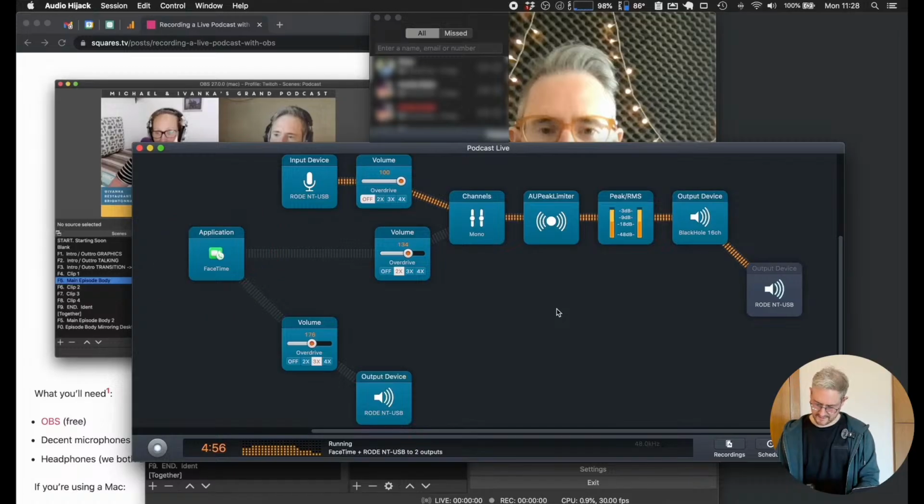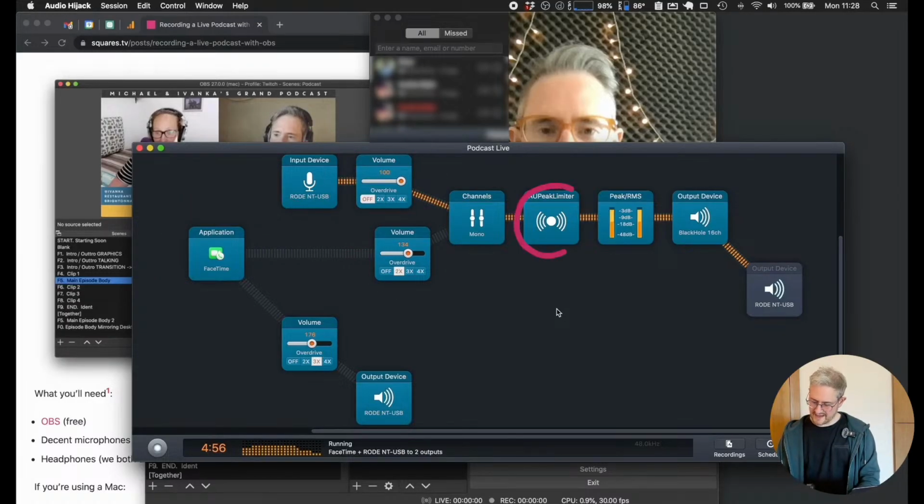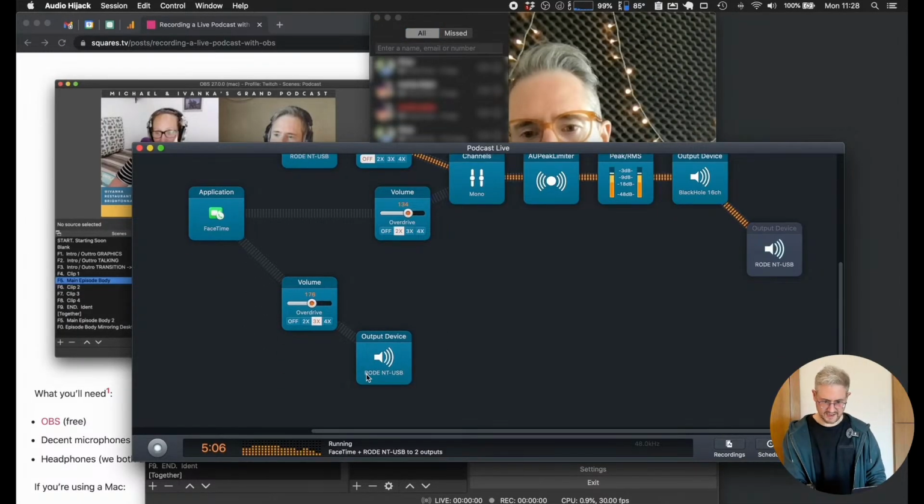Microphone also has a volume control, and then I've got this little mixer here. And then I'm putting that through just a little peak limiter thing, to stop it from getting too loud because they're mixing now. And then some rudimentary monitoring, peak RMS monitoring, and then that would go to a virtual mic cable, right? So that's going to this virtual audio cable called BlackHole, which then lives in this. Maybe I didn't include the frame that shows the next thing, but that then goes into a scene in OBS,